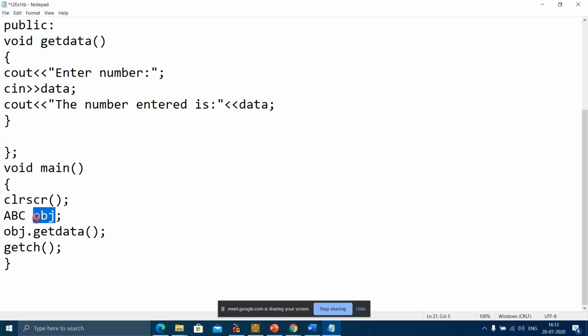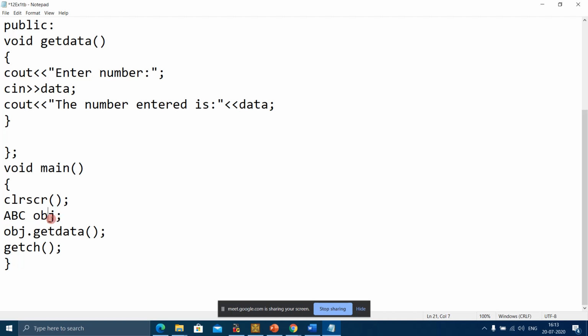If you want to create an object of a class, you will have to use the class name and the object name. You can give any name to the object: A, B, C, D, X, Y, Z, P, Q, R, your name, any animal's name, anything you can give. It's up to you what name you want to give. Here I have given the name OBJ.